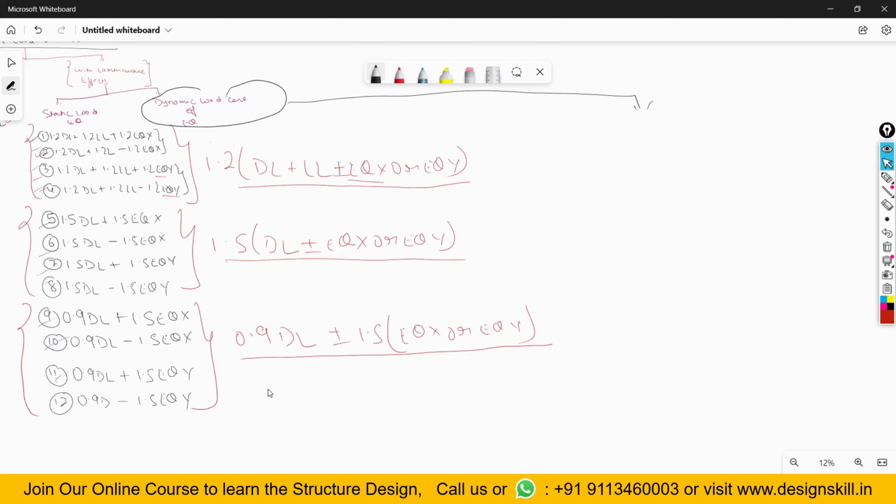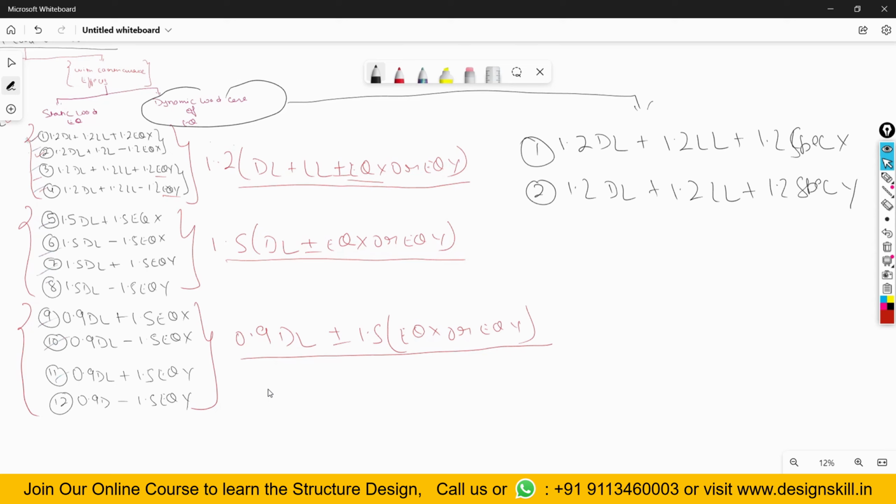The first load combination which will be considered in the dynamic load cases will be 1.2 dead load plus 1.2 live load plus 1.2 spec X. The second load combination will be 1.2 dead load plus 1.2 live load plus 1.2 spec